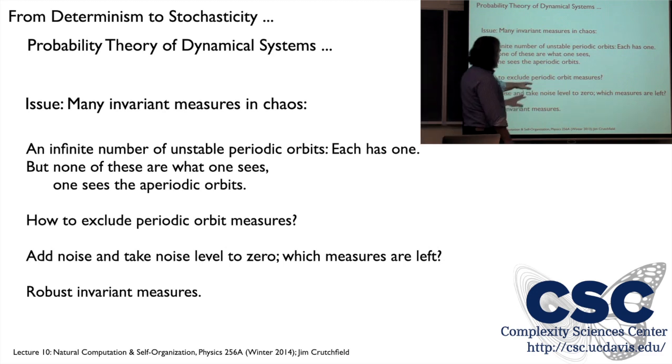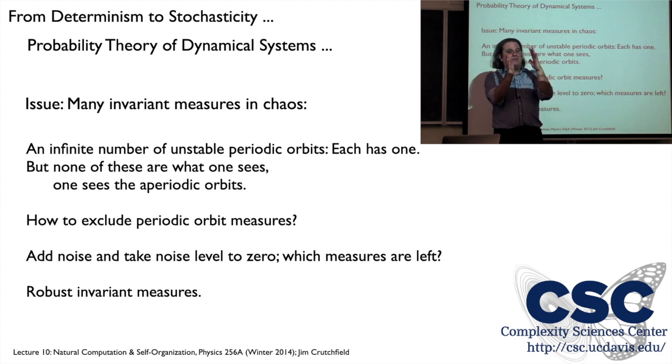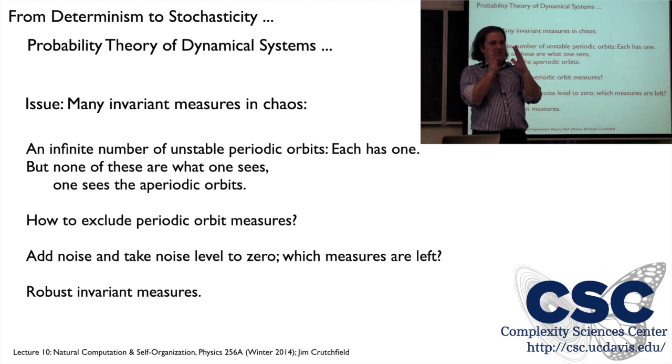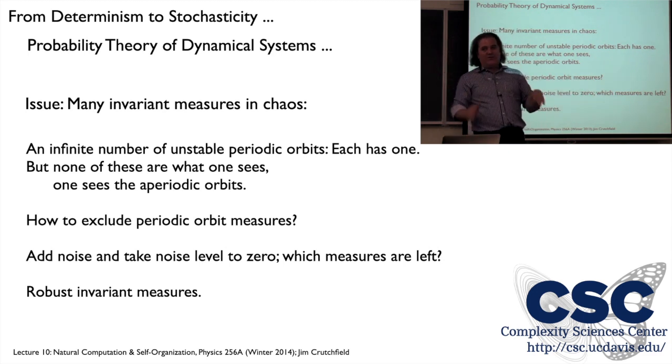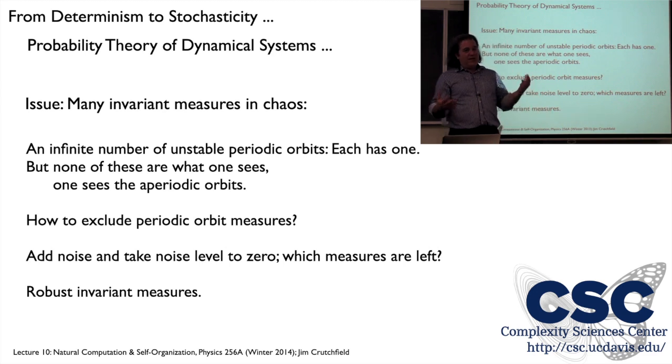But as we talked about before, even the shift map has periodic orbits in it. In fact, a countable infinity of periodic orbits. They're all unstable. And the typical point you would pick on the interval and iterate, like 1 over pi as a starting point, will be aperiodic, but there still is a countable infinity of these periodic orbits, and every one of those is associated with an invariant density, just like I proved. For any periodic orbit, if I start the initial distribution as these spikes resting on the points on the periodic orbit, they're going to map into themselves.